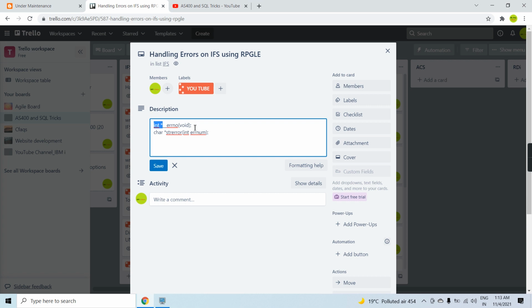This function will be called if any error occurs, and it will return an error number to us in the RPG program. Now, one more thing. Let's say we receive some error number, let's say 3025 or something else, and we don't know what that error number is. We should be able to know the message text for that error number. So we have another function called